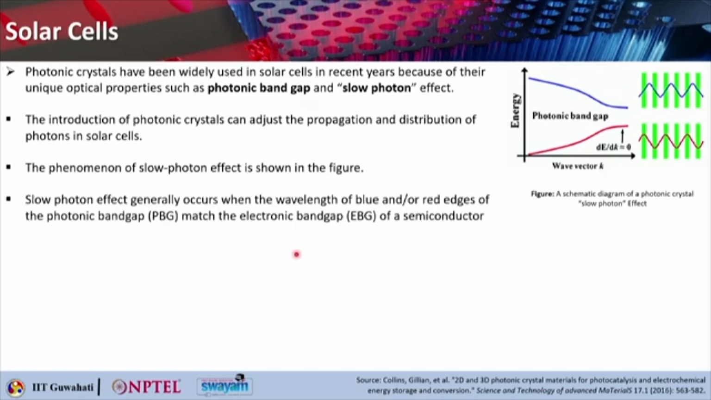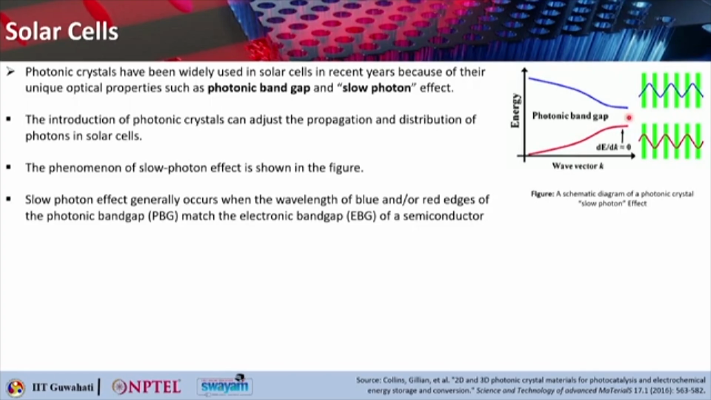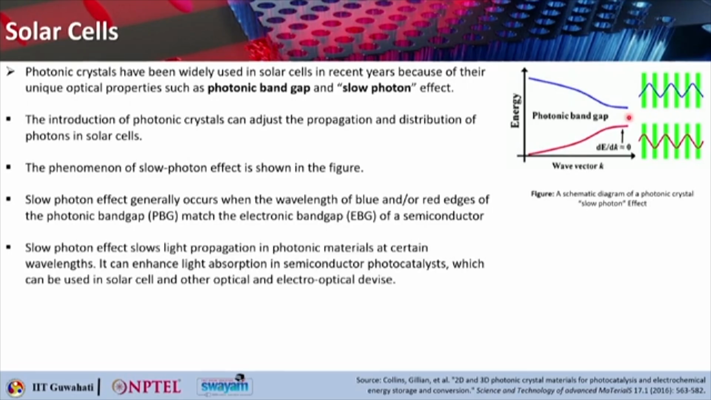So this slow photon effect generally occurs when the wavelength of the blue and/or red edge of the photonic band gap, okay, matches the electronic band gap of a semiconductor. So when there is a match between the two band gaps, the slow photon effect takes place. This slow photon effect basically slows light propagation in photonic materials at certain wavelengths. So what will happen because of that? It can enhance light absorption in semiconductor photocatalysts, which can be used in solar cells and other optical or electro-optic